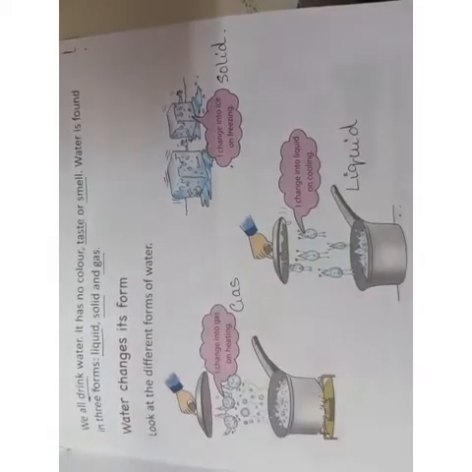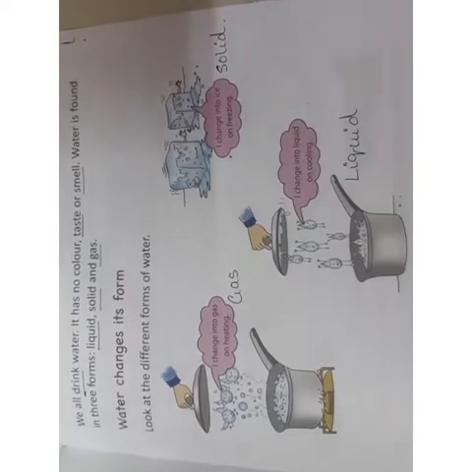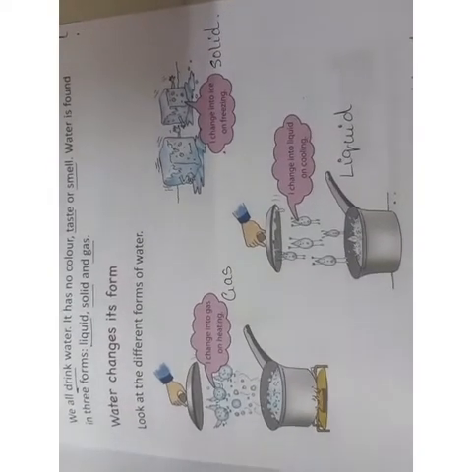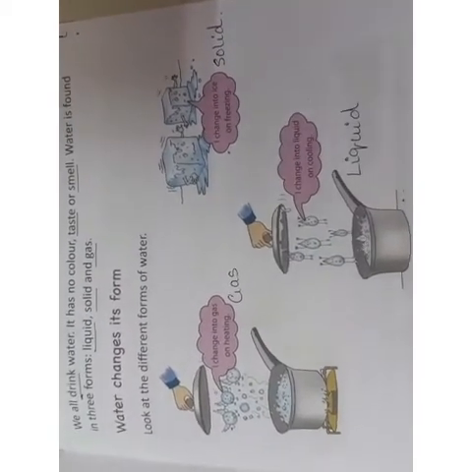आइस जो है एकदम हार्ड हो जाता है, और when you take it back, take out from the freezer and keep it on the table or at the room temperature, then after some time the ice starts melting. So again it gets converted into water, which is the liquid form.